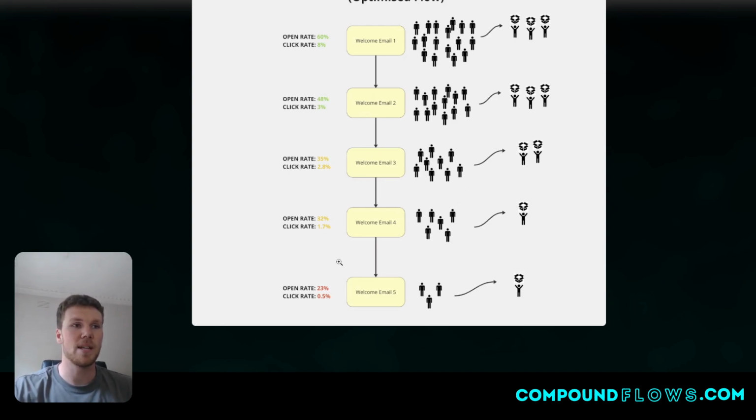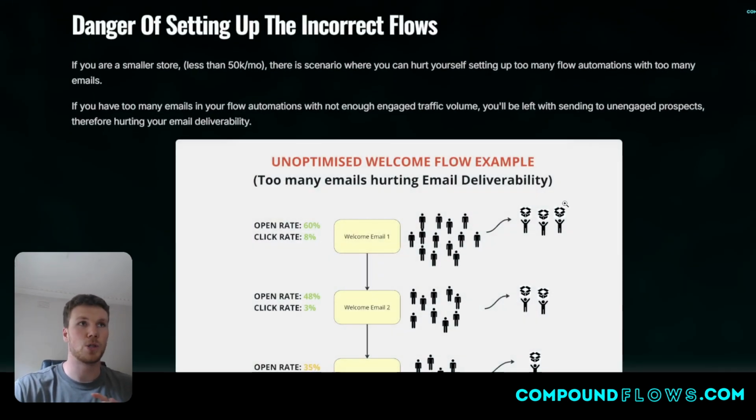So what that also means is you get a lot lower open rate and click rate. And the danger of this is that if you build out your emails too long, well, we'll show you, it will actually start hurting your email deliverability because your email automations will keep on sending those emails anyway. They don't know who's active or who's highly engaged, who's not so engaged to your brand and opening up your